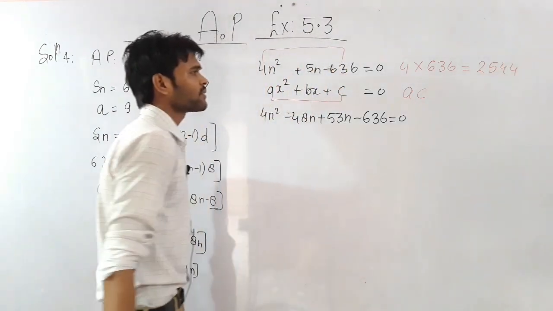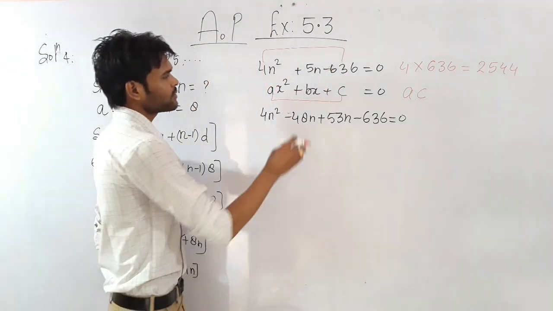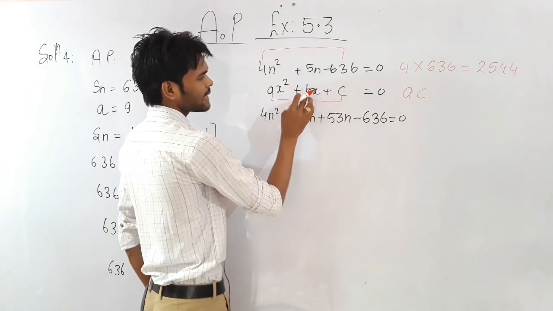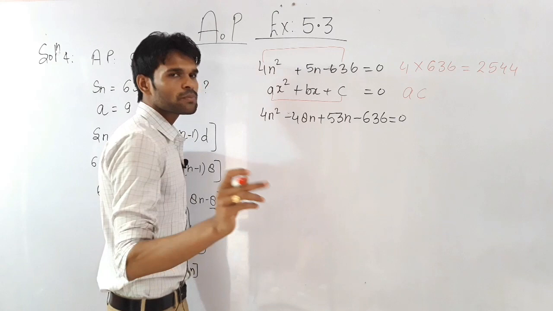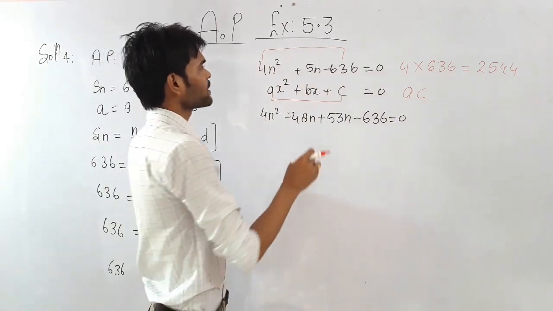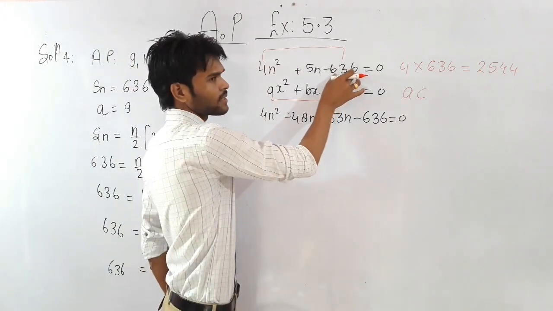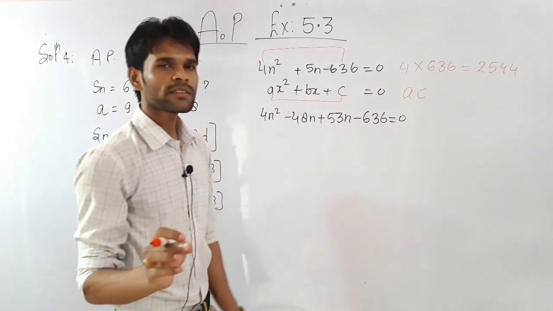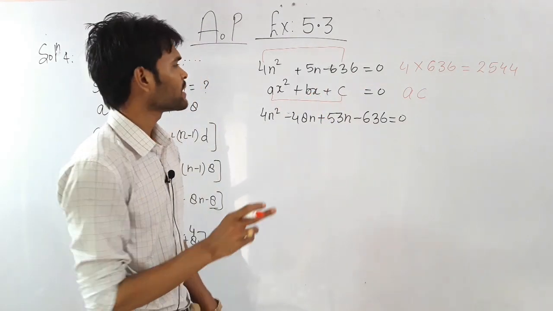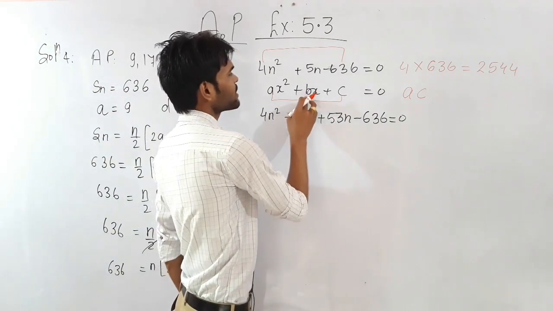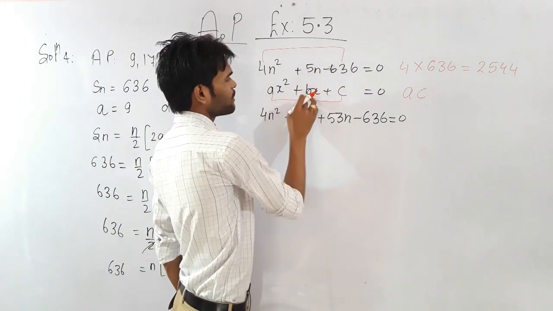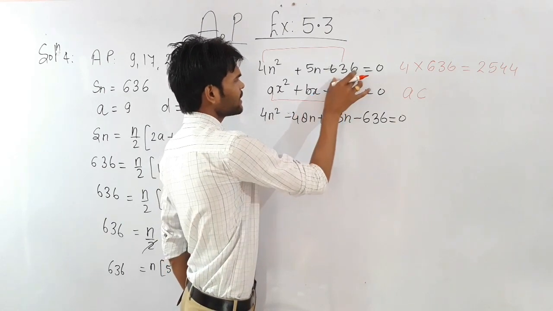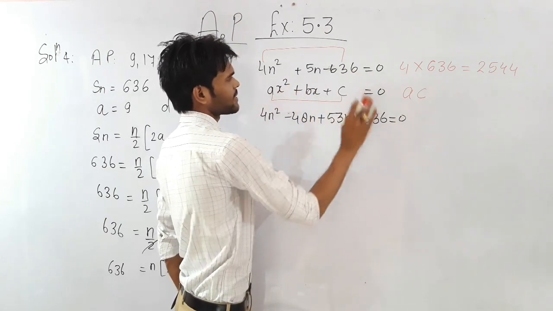Okay, 25 and 44. Now you have to break this middle term, that is the coefficient of x, into such two parts that may give the product of this. Okay, you have to break the coefficient of x in such a way that after addition and subtraction you have to find the value of b. Okay, and here the product of a and c.